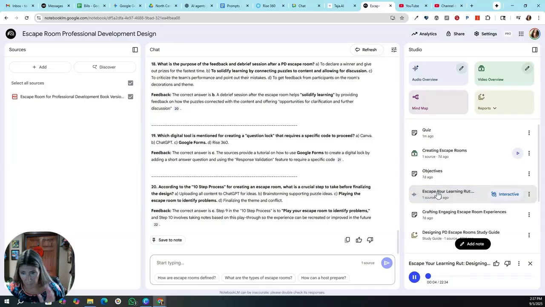Cut through the information overload in professional development and really make learning stick. Today we're diving into how escape rooms can actually transform that experience. Turn it from